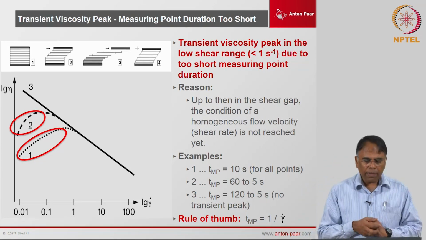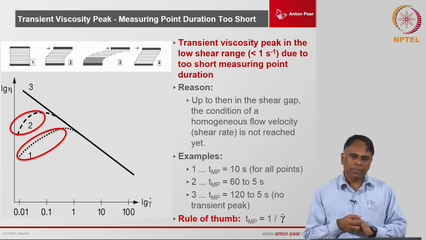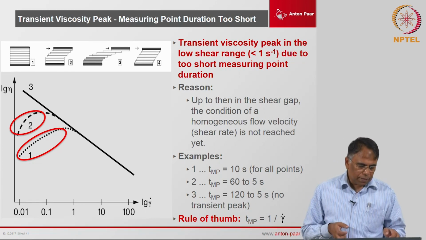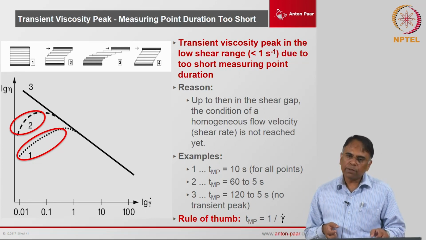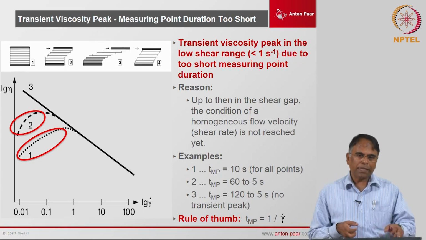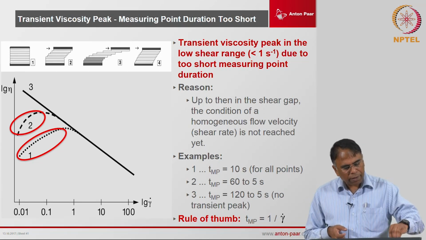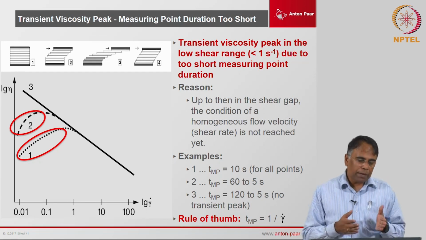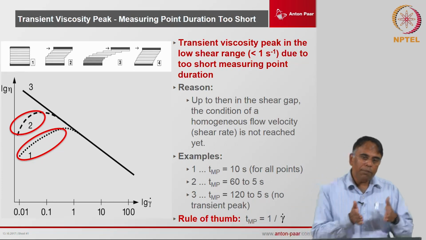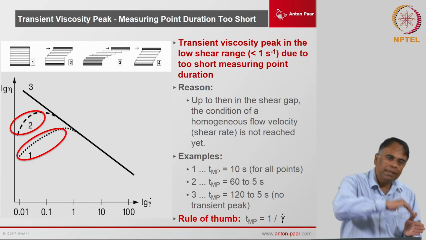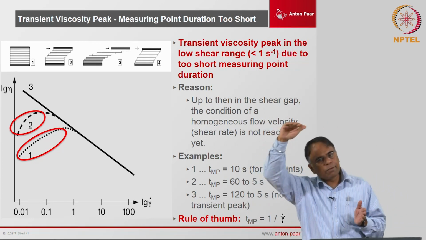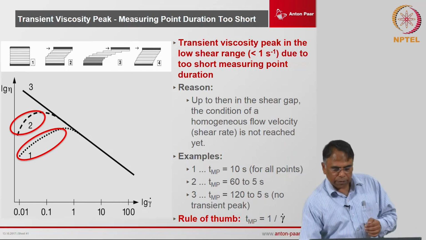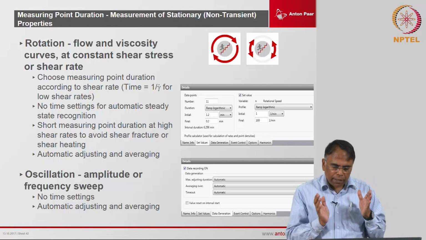So, this is an example over here, you can see an example of a shear rate sweep. Okay, if you have a shear rate sweep starting from 0.01 in the transients, with very short times, you can see this banana curve happening. So, you cannot really get very good accurate low shear information at the lower side. Of course, if you want to measure transient, then only measure at 0.01 and see how it is developing, and then of course, record the final developed version also. So, this is what you should really understand.